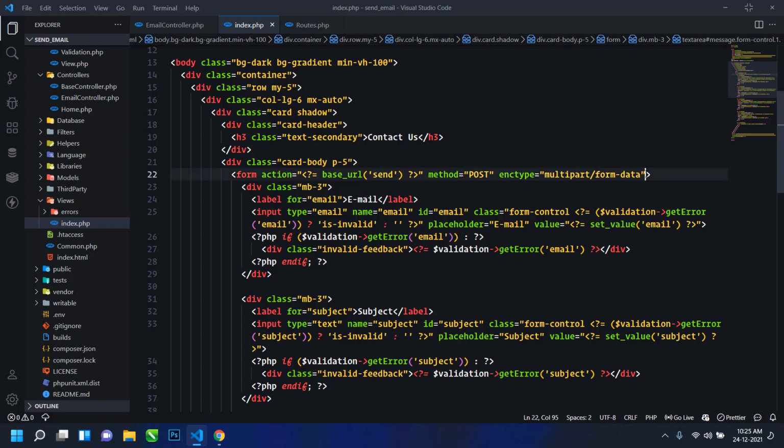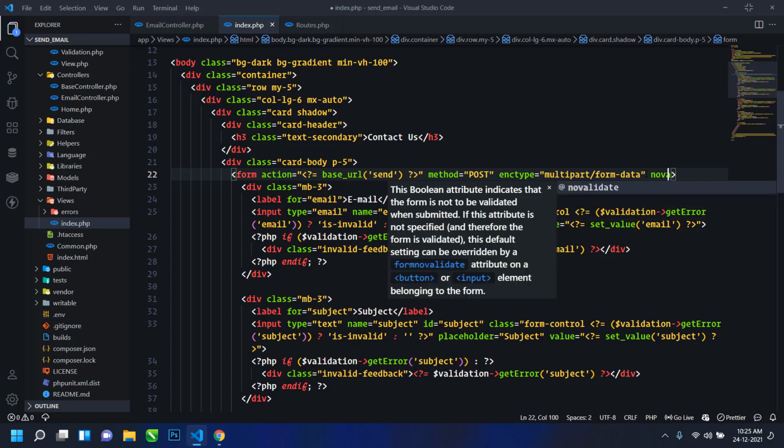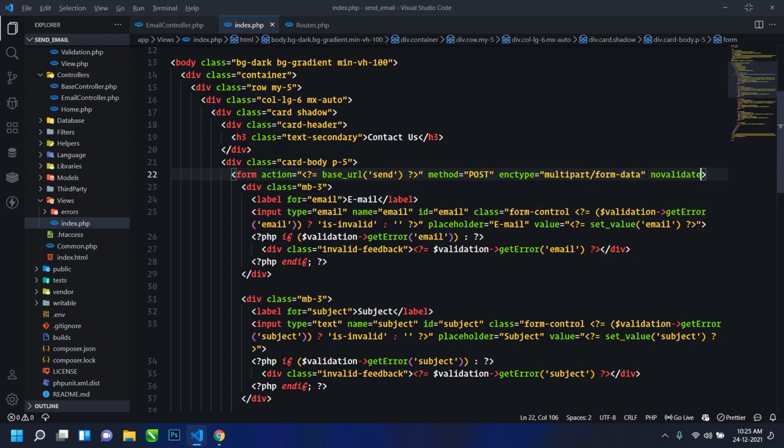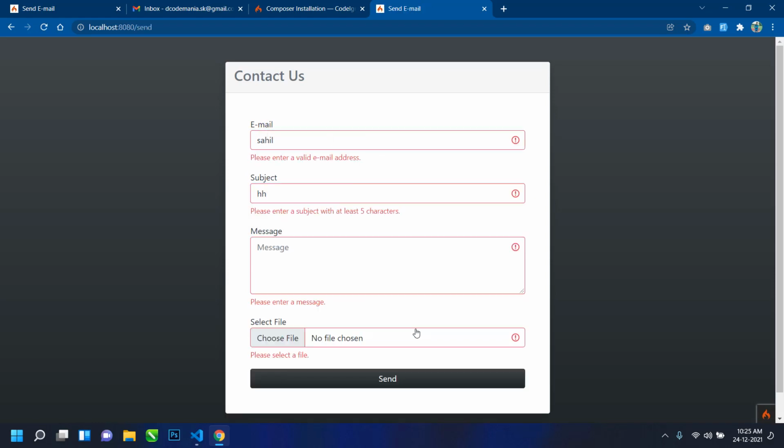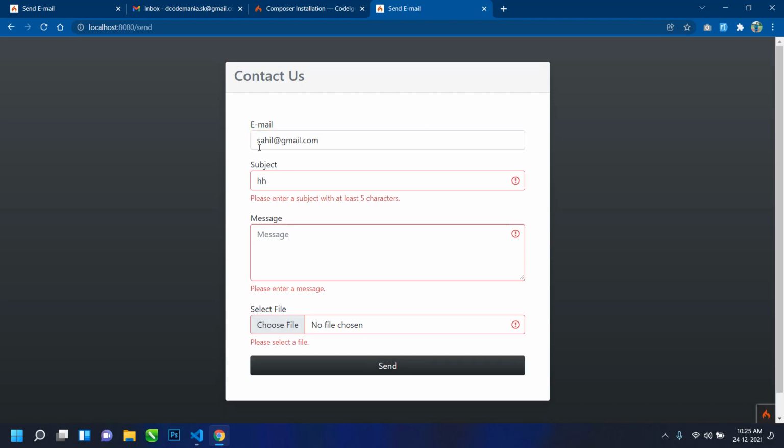If you don't want HTML5 validation to work, you have to write the novalidate attribute in the form tag, and then just write Sahil and click on send. Then you can see please enter a valid email address. If I enter a valid email address and click on send, then you can see this field is validated and the previous value is also here.